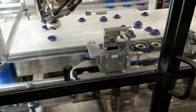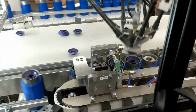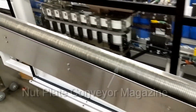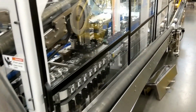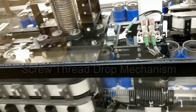Grommets are tamped in place and the grommet height within the subassembly is measured to assure assembly dimensional compliance. Nut plates are cued in a long conveyor magazine and placed on the passing filter subassembly using a screwed thread drop mechanism. Final assembly height is measured to assure the accuracy before being sent to have the nut plate seamed